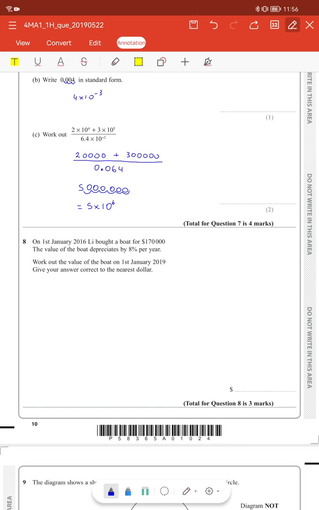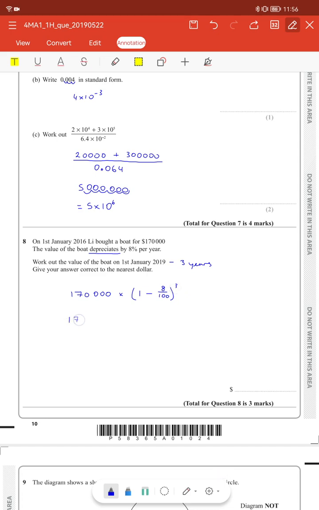On January 1st, 2016, Lee bought a boat for $170,000. The value of the boat depreciates. That means it loses value by 8% per year. Work out the value of the boat by January 2019. Well, that's been 3 years. And if it's losing value, we do 170,000 times by 1 minus the rate of interest, 8 over 100 to the power of 3, which is the